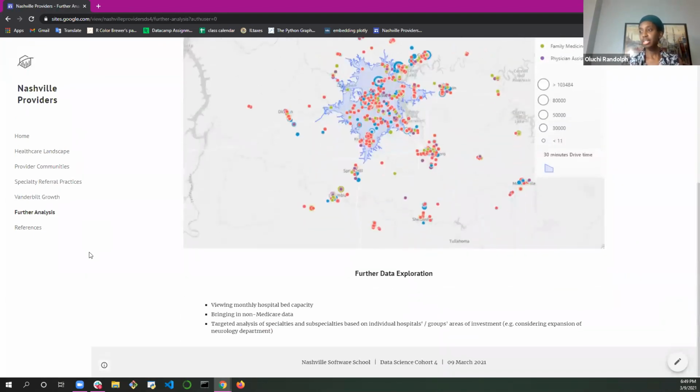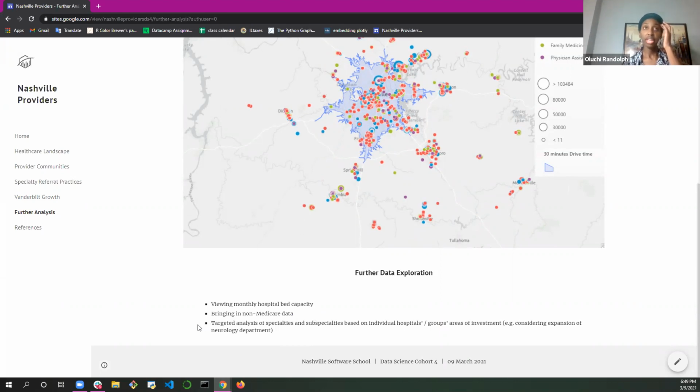Down at the bottom there. And so bringing in non-Medicare data would be helpful for that. Looking at hospital bed capacity and those kinds of things would be valuable to consider. And then one final thought, or consideration, is something that Tony brought up when he was doing